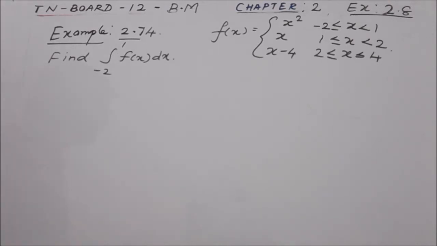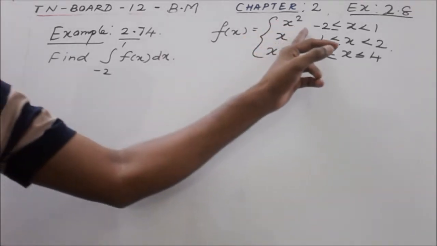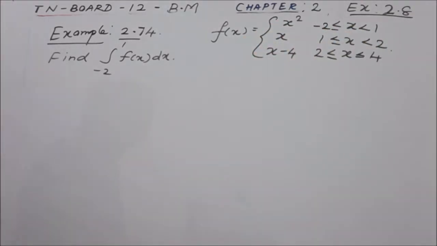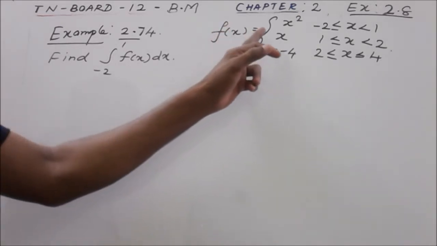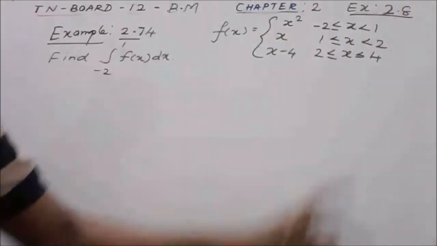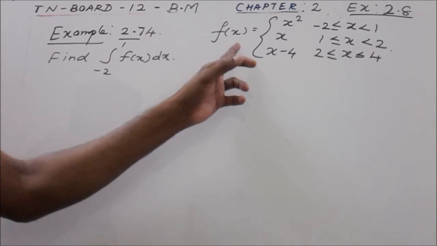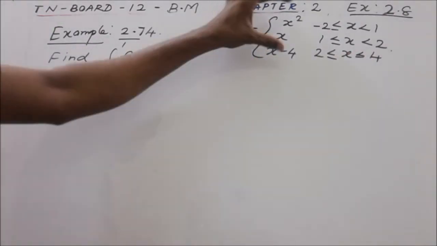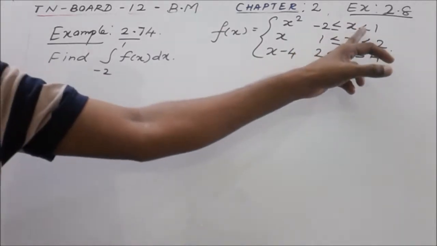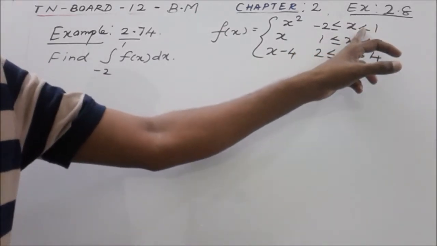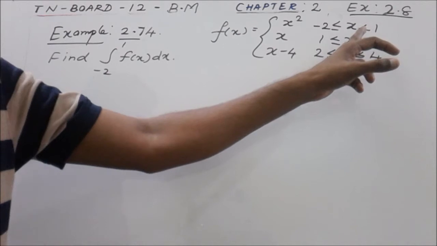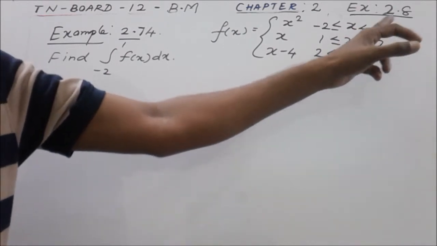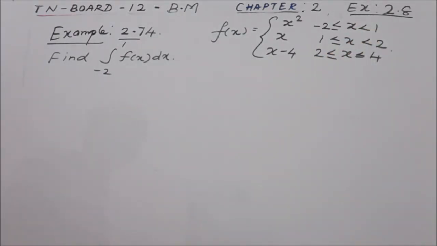Example 2.74. Given f of x is equal to x square within the interval minus 2 to 1, and f of x is equal to x for 1 to 2, and f of x is equal to x minus 4 for 2 to 4. These are all continuous functions, so even if the condition is given as strictly less than or less than or equal to, you can take till the number because they are continuous functions. So here